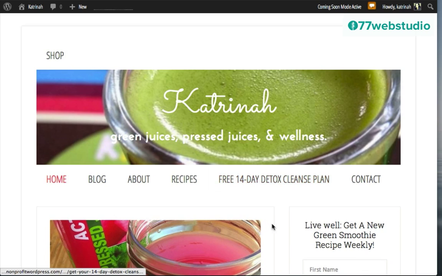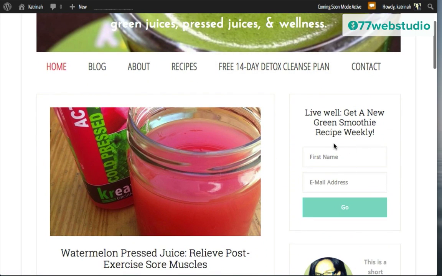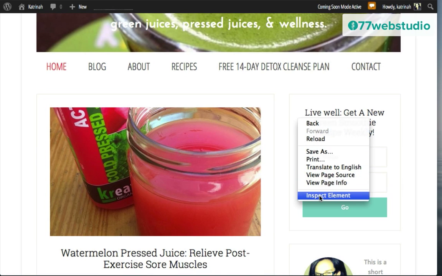So the last thing that I want to add, right here we have the eNews Extended plugin. In the video on my YouTube channel, I did go over how to customize this, but just to complete this entire website right now, I want to customize this as well. So I'm going to open up Inspect Element one last time.